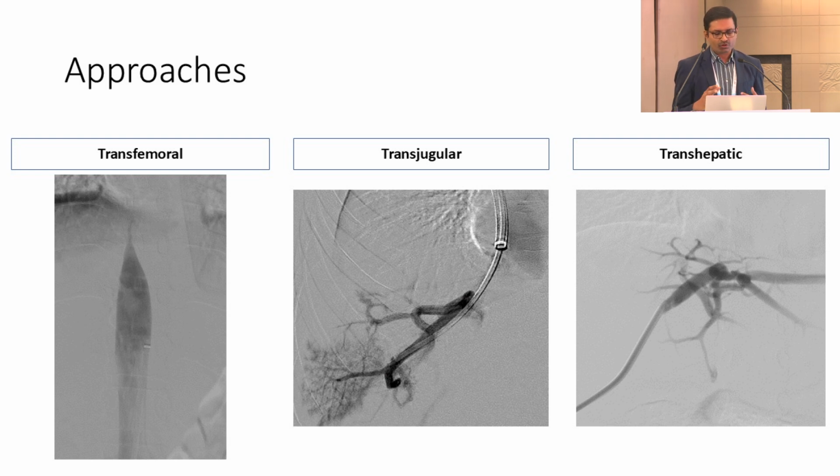Again, as I said, the devices which are available for the transjugular route are adult sizes, and if the child is small, 2 feet or 3 feet, then it becomes very difficult to use a 2 feet long transjugular liver Colapinto needle or the sheath. So that's why we try to use the transhepatic route wherever possible, but if not, then we might have to use a transjugular route to recanalize the hepatic veins. And if you are planning to do a TIPS or a DIPS, then the transjugular route is the only option available.